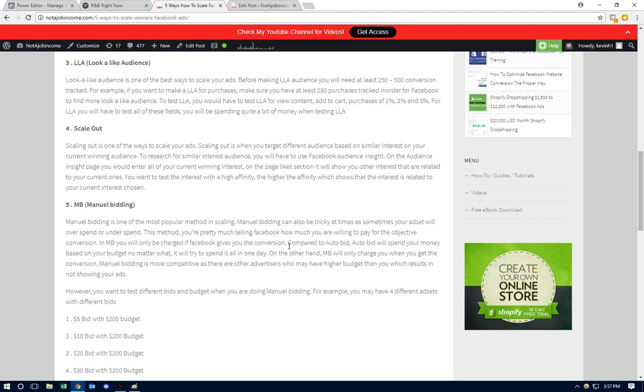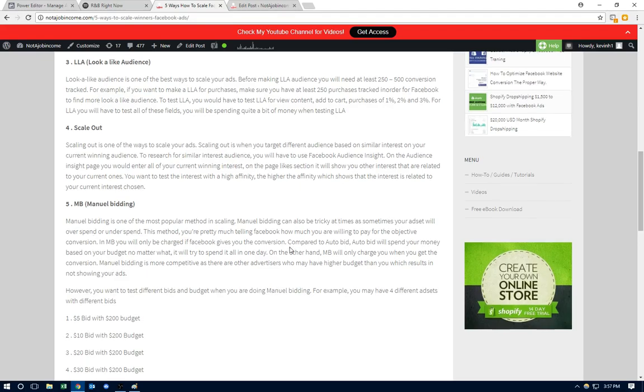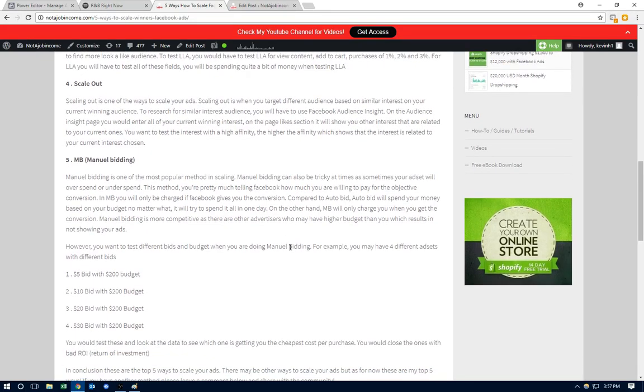With manual bidding, you're going to spend a lot of money testing, because in the testing phase of manual bidding, you have to test it with different bids and different budgets. And let me tell you now, you're going to throw away a lot of money doing this, but once you find the sweet spot for your bid and your budget, you will get all this money back. And it's really tricky, but